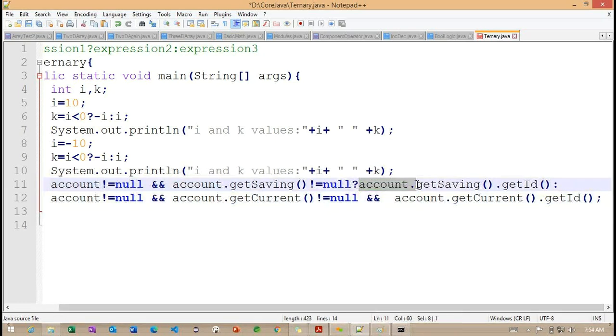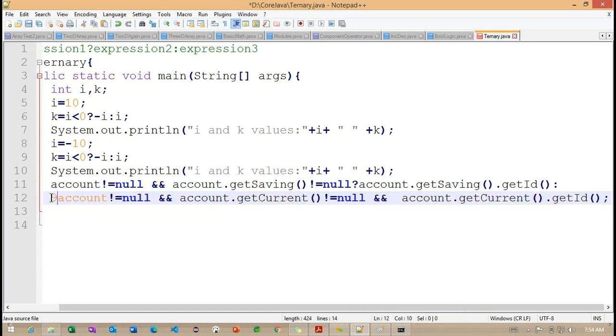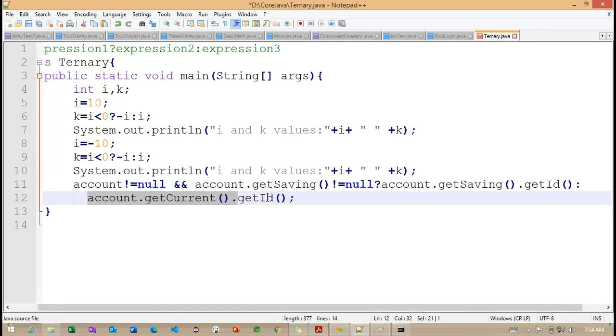So this is the way we can make the ternary operator. If this particular expression returns true, then we are loading the saving account ID. Otherwise we are moving into the current account here. Now we can make one brace here to check the particular expressions, but it is going to be a lengthy process. So directly, I will try to remove this. So simply we can load from the current account ID. Getting the point.